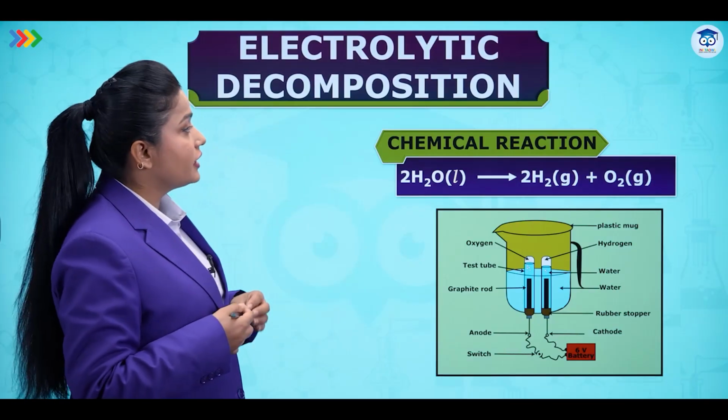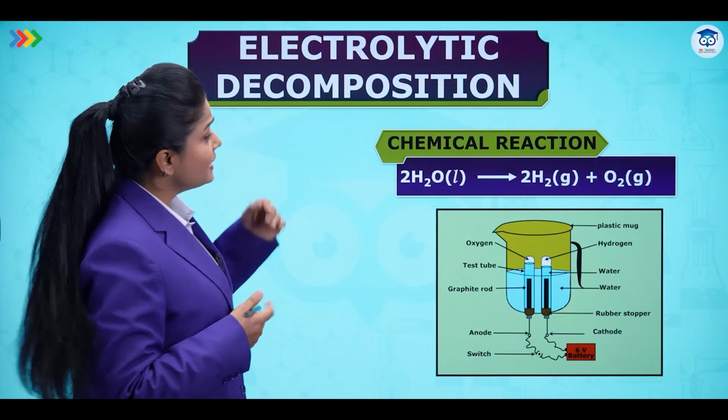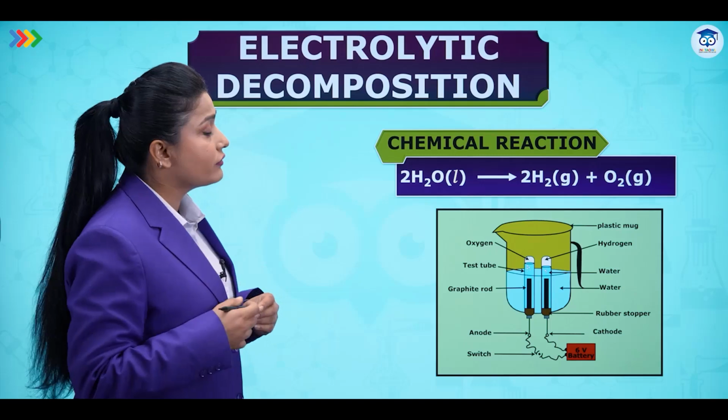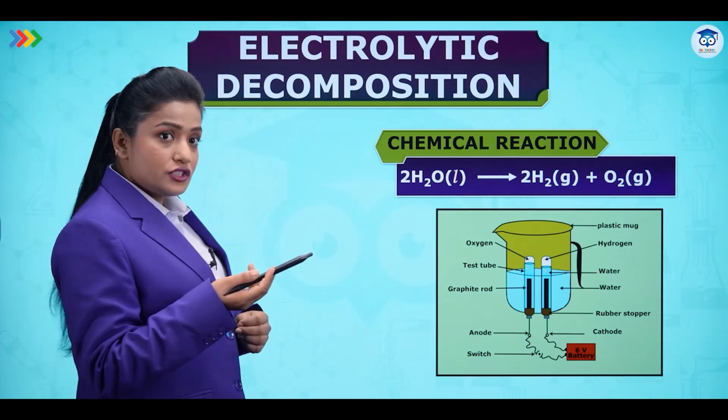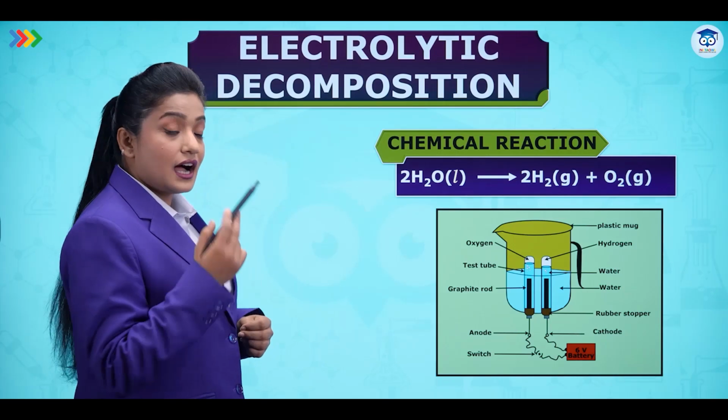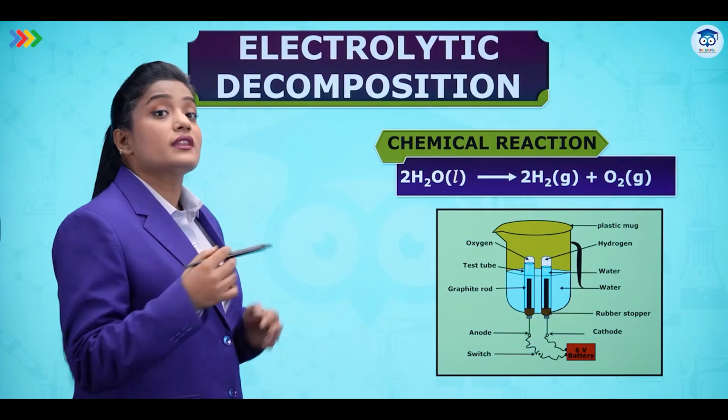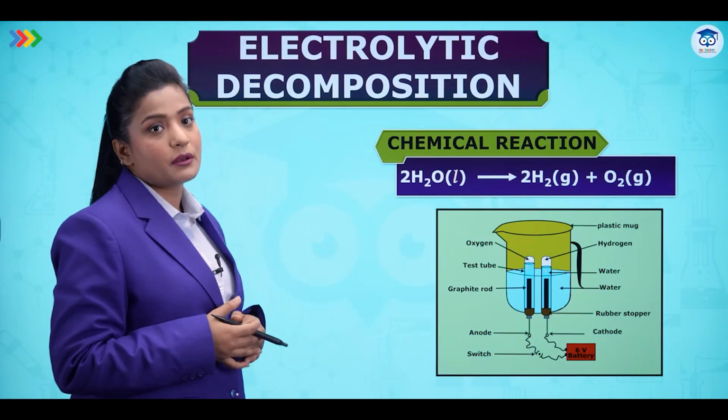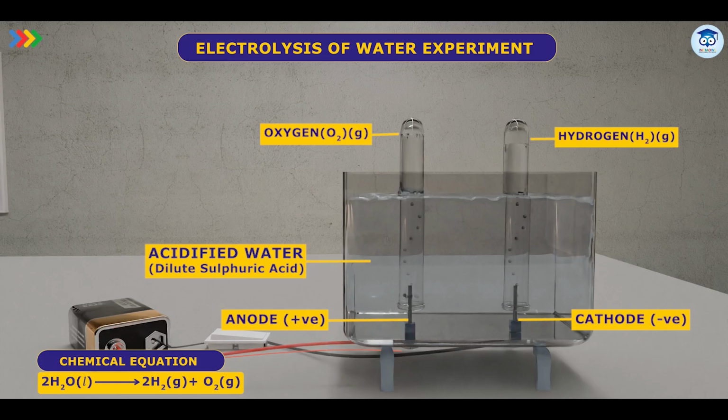You can see the chemical equation which is balanced. In the balanced equation, the coefficients of hydrogen gas and oxygen gas are in the ratio 2:1. So in the same ratio they are formed in the experiment also. Hydrogen is formed twice as that of oxygen. That is why we see double the space on the top of the test tube above water on the cathode side.